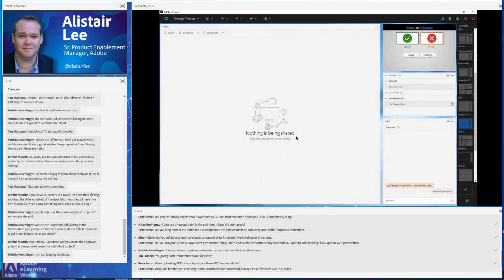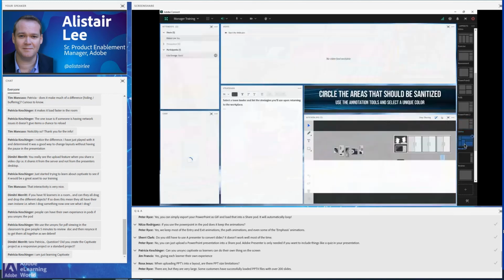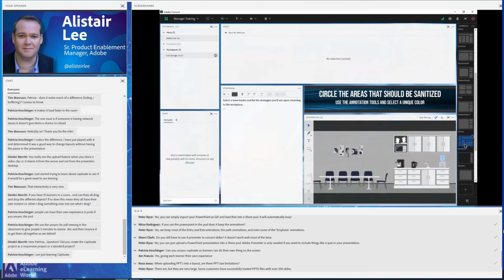We've got a demo layout where I've got a blank SharePod. This is something that I'm using right now in today's room to share my screen. So I can use a SharePod in Adobe Connect, not only to share documents and whiteboards, but to share my screen, which is ideal for demos. Next, we've got a layout for breakout rooms. We're going to go into detail on breakouts in a session tomorrow. I'd encourage you to join us for that if you're interested in breakouts.